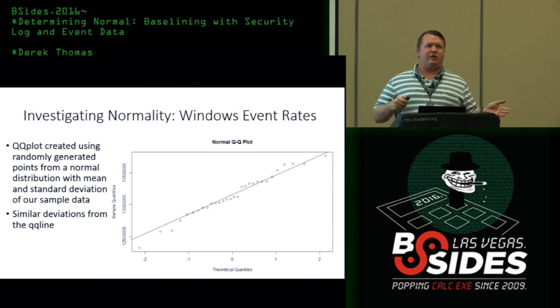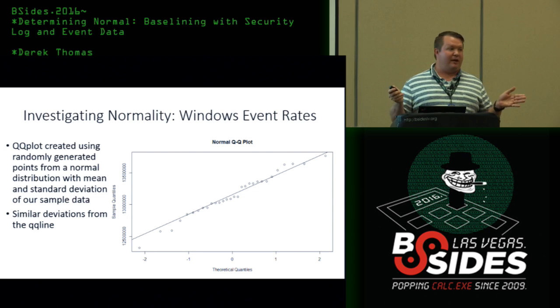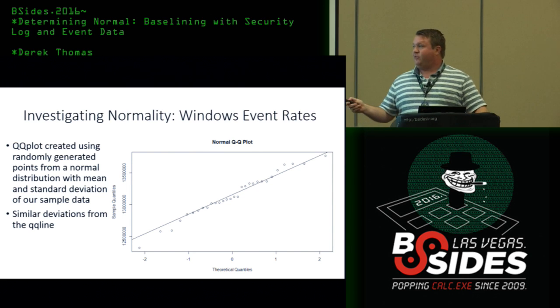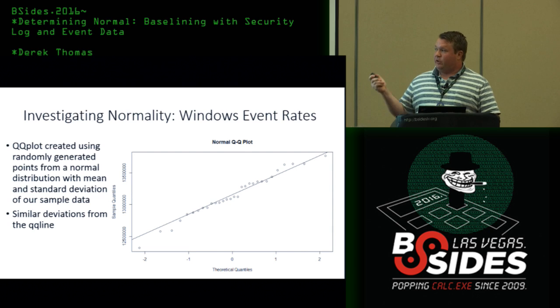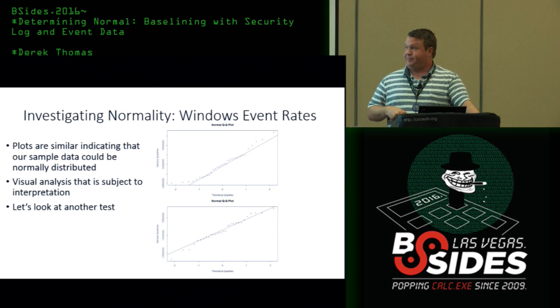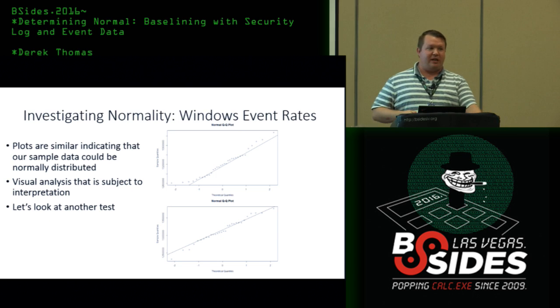The next thing I did is I said, well, what does a randomly generated normal distribution look like on a QQ plot? So I took the mean of the data set, I took the standard deviation, and I pumped it into rnorm in R and generated this data randomly. Randomly, absolutely taken from a normal distribution, it looks like this. And you see it deviates a little bit, so this makes me feel a little bit better about the data. There are a few points straying from the line. There's still only 30 data points. We see similar deviations, so I feel better that this is normally distributed. And you can see comparing them directly. But this is still a visual interpretation. It's up to your judgment.